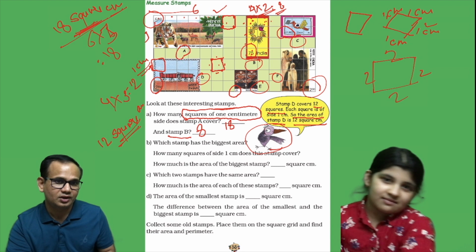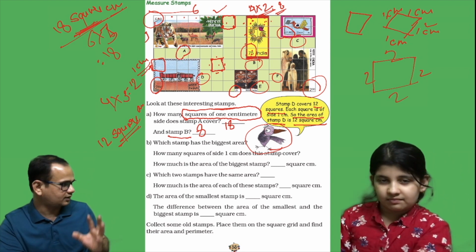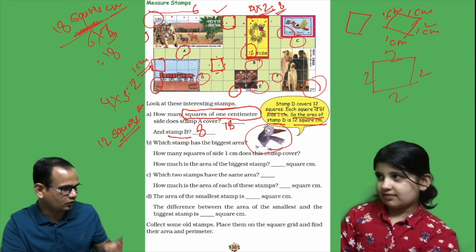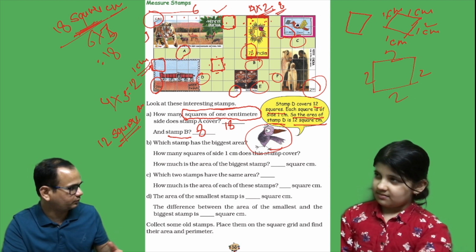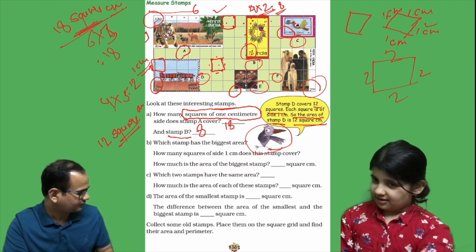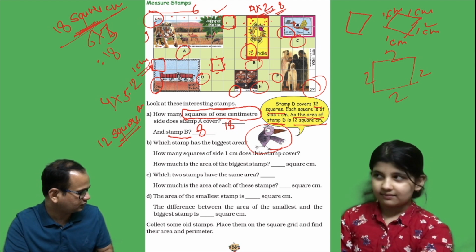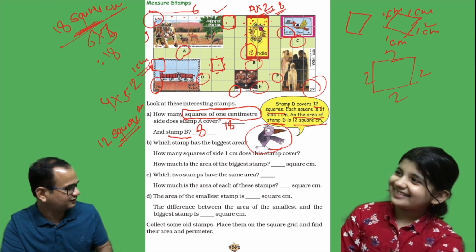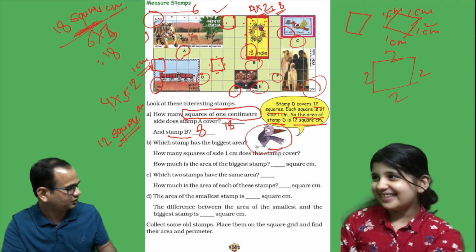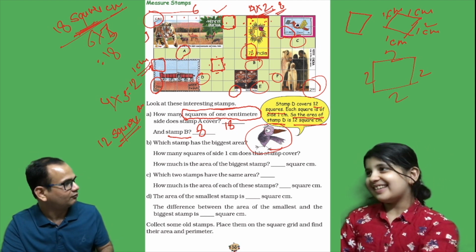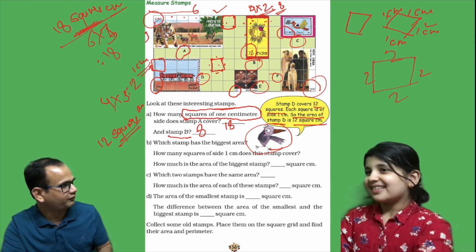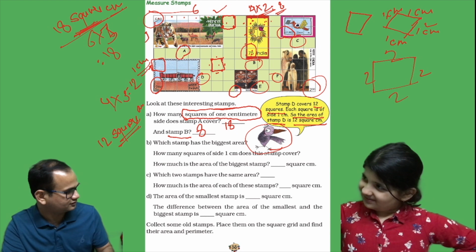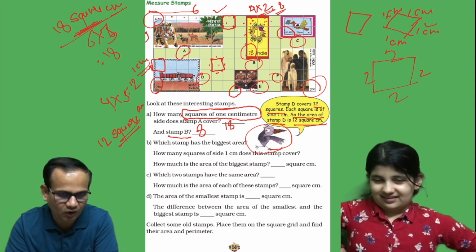Understood? So it will always be square centimeter, square meter or square kilometer. If you want to make a home in kilometers, that will be square kilometer. As you said earlier, 1000 meter multiplied by 500 meter. 1000 meter means 1 kilometer and 500 meter means half kilometer. Understood or not understood?